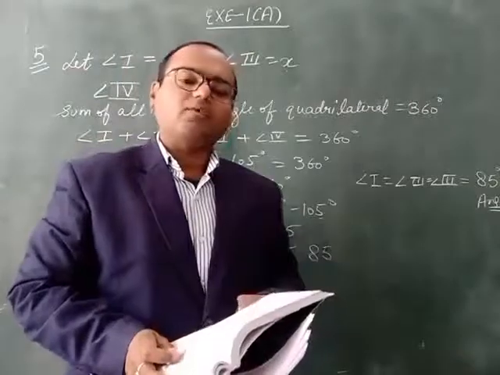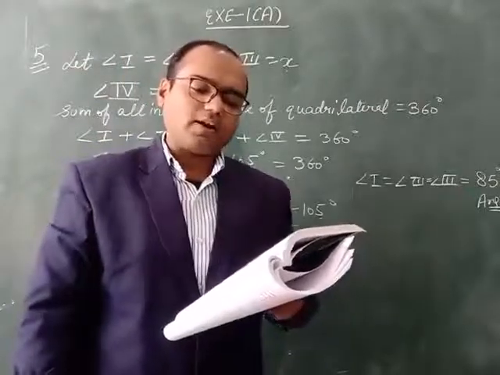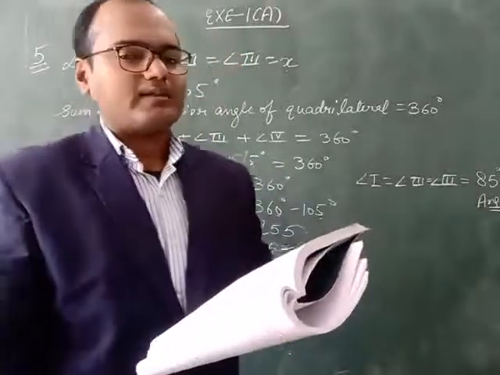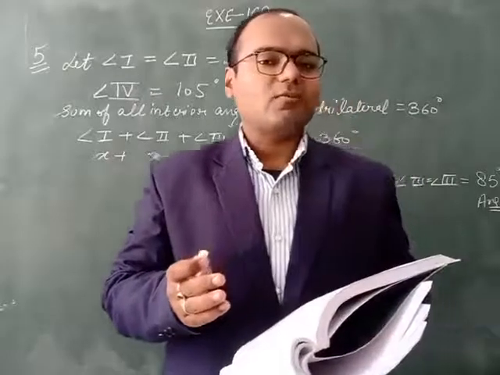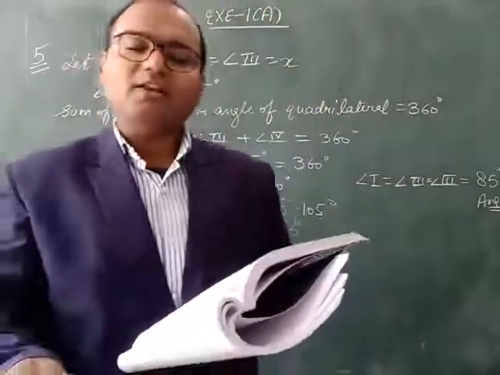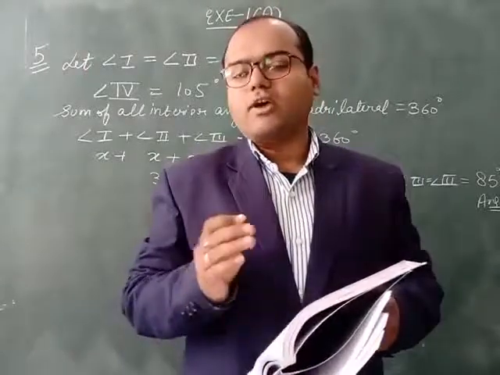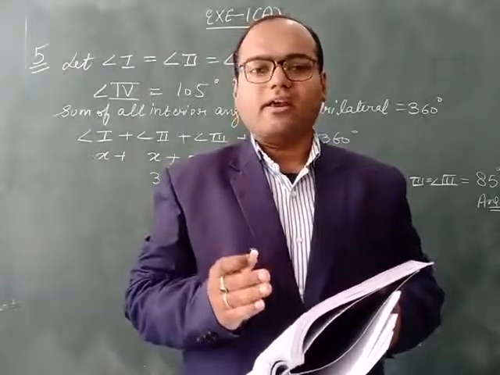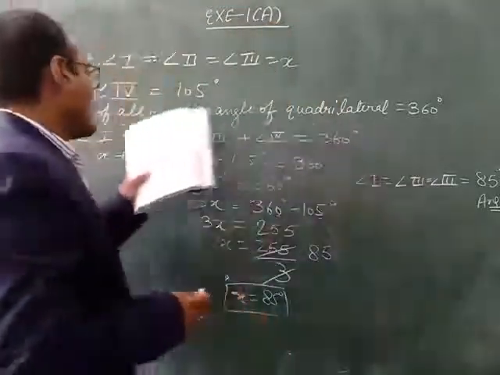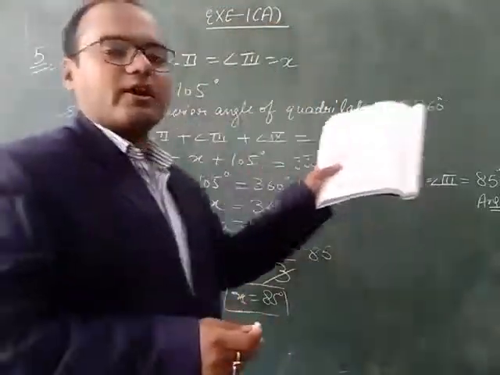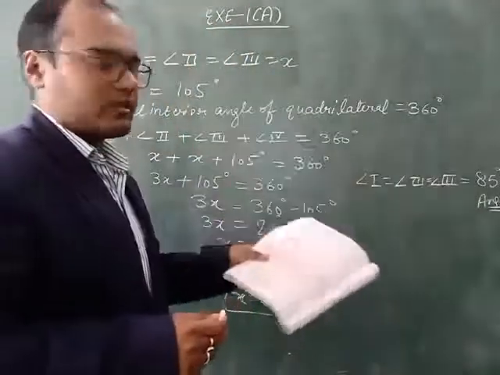In the same way you have to do question number 6 also. What is question number 6? Two angles of a quadrilateral are 75. So 2 angles are given. First angle we will take 75, second angle also we will take 75, and the other 2 are equal. So third and fourth angle we have to assume. Let third angle equal fourth angle equal to x. Then we use this property: the sum of all the interior angles of a quadrilateral is 360, and then we solve it as we have done here.